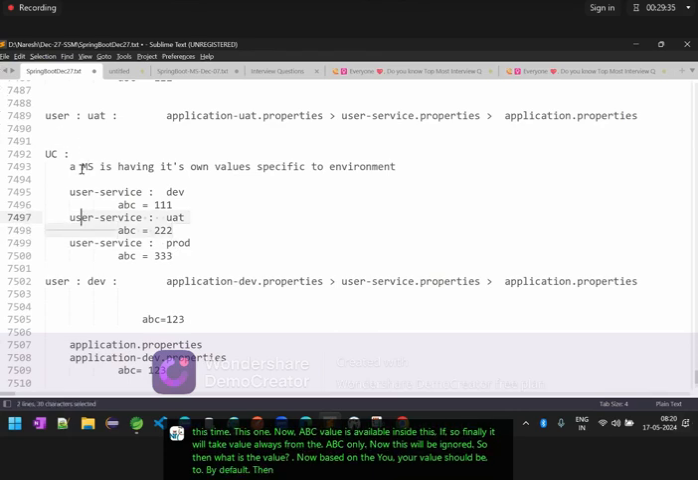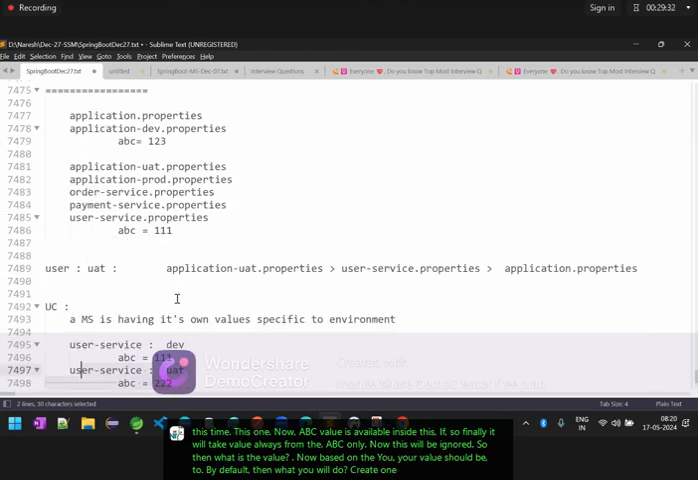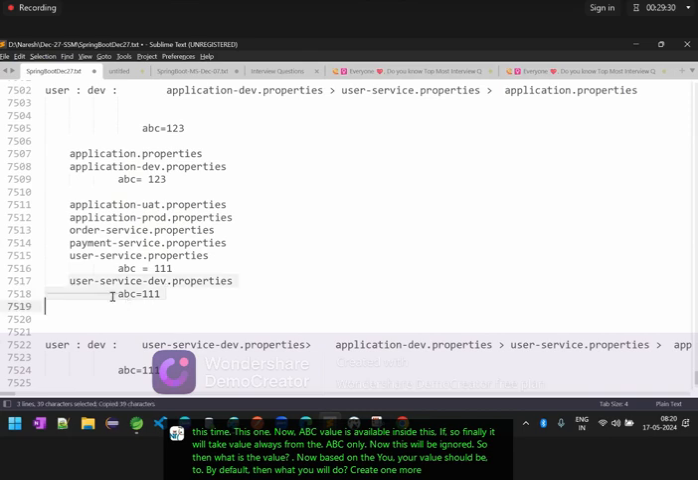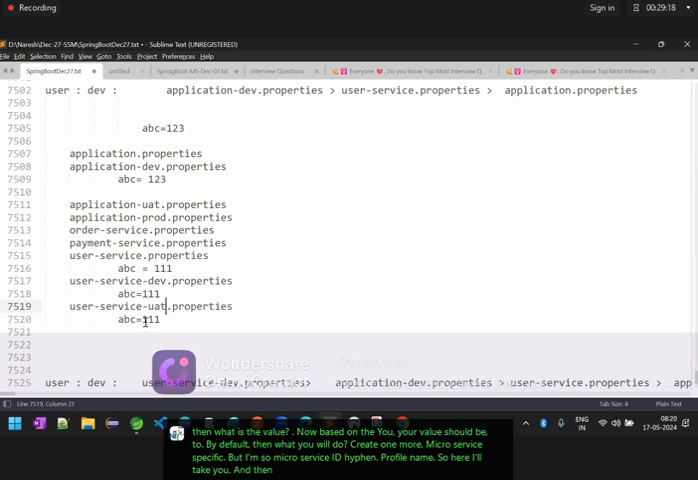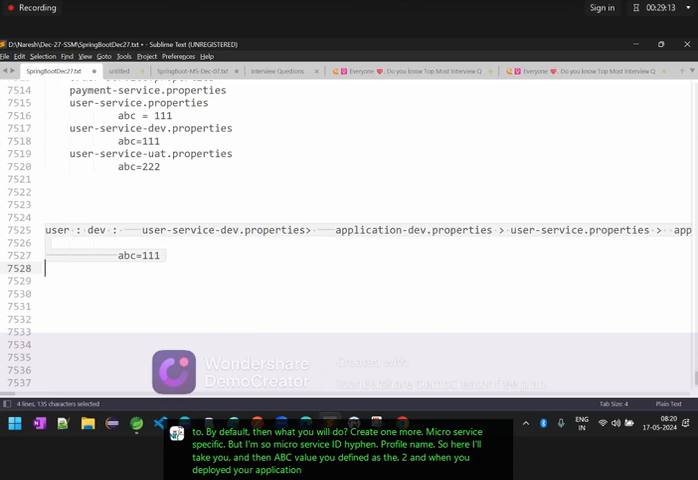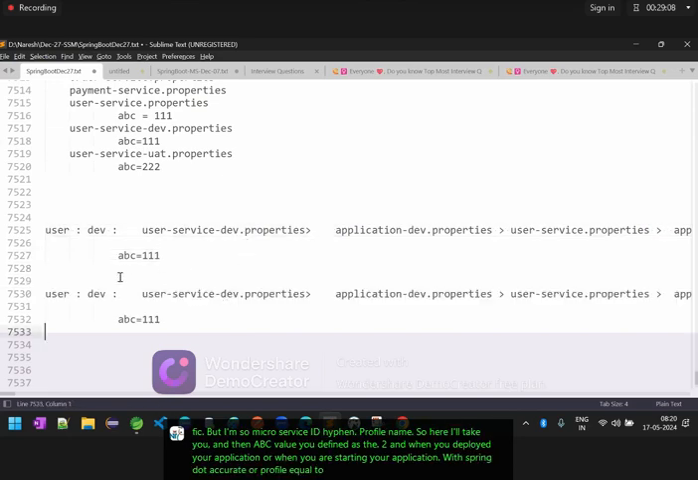Then what will you do? Create one more microservice-specific profile one: microservice ID hyphen profile name. So here I'll take the UAT profile name, and then the ABC value you defined as 222. And when you deploy your application, or when you start your application with spring.active.profile equal to UAT, then what is going to happen? It will always give first priority to the UAT,